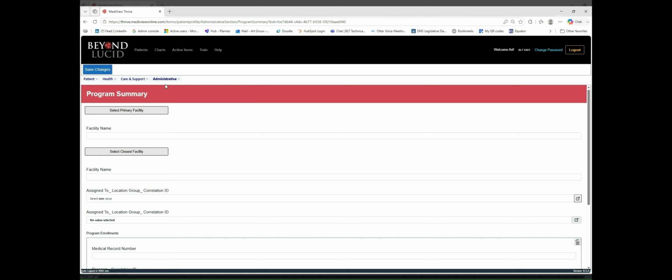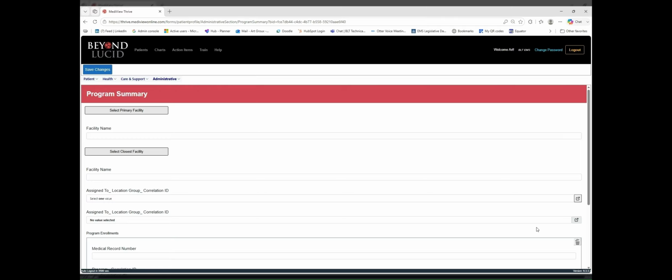You can select a primary facility. So this is kind of like that care plan when you look at John Doe is always going to go to hospital A because hospital A is familiar with him. They understand his needs, but they also understand his wants, so they can address them appropriately. So this is where that assigning to a facility can become important. And it may not be closest facility, right? So this, particularly if you're in a city system where there's multiple facilities that are within close proximity to each other. You can add in medical record numbers, you can add in a bunch of other information, but we can